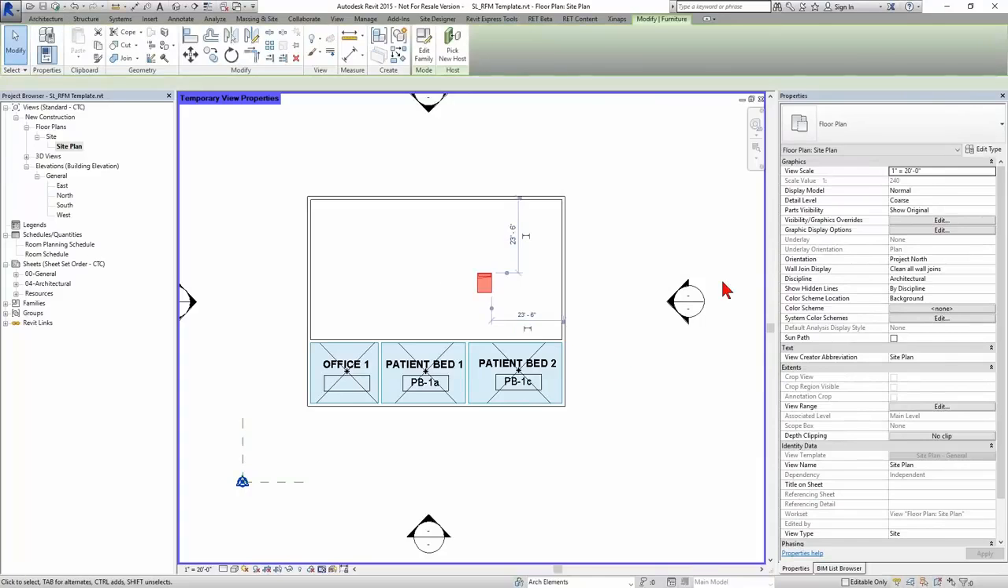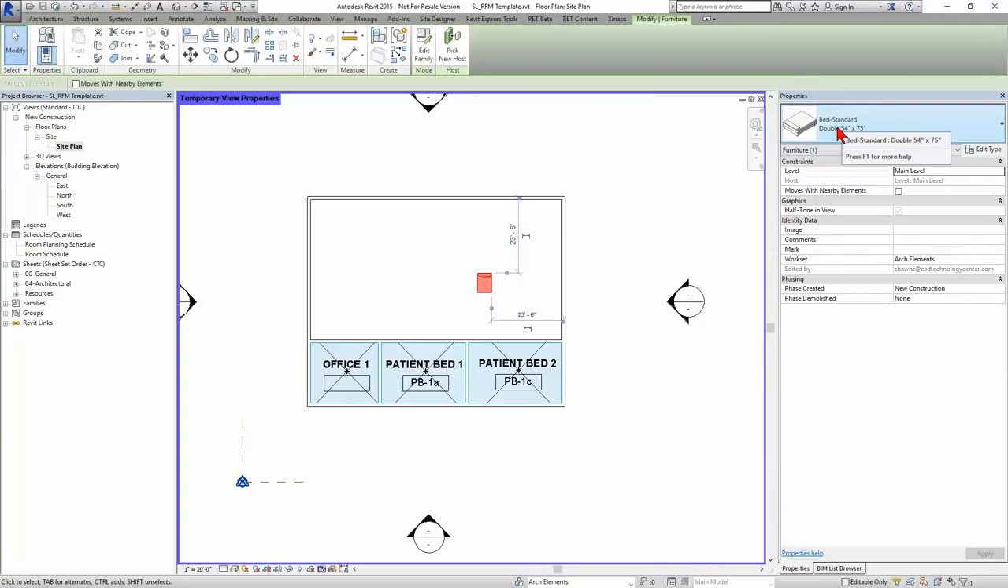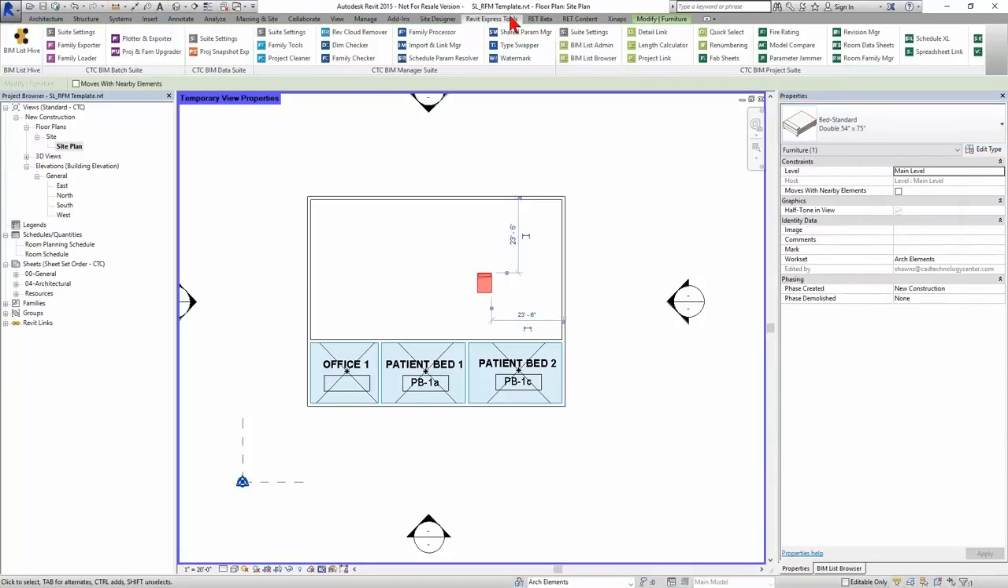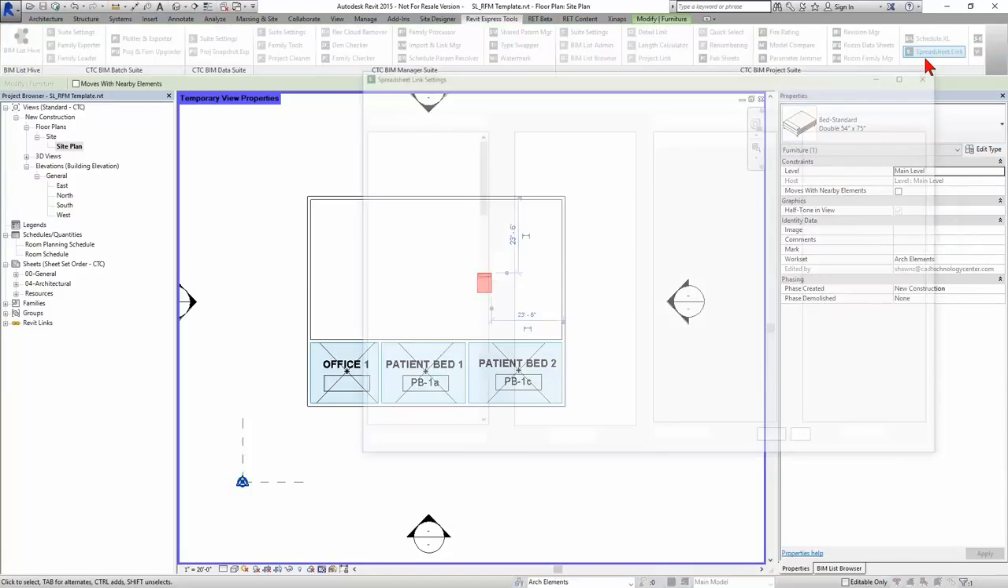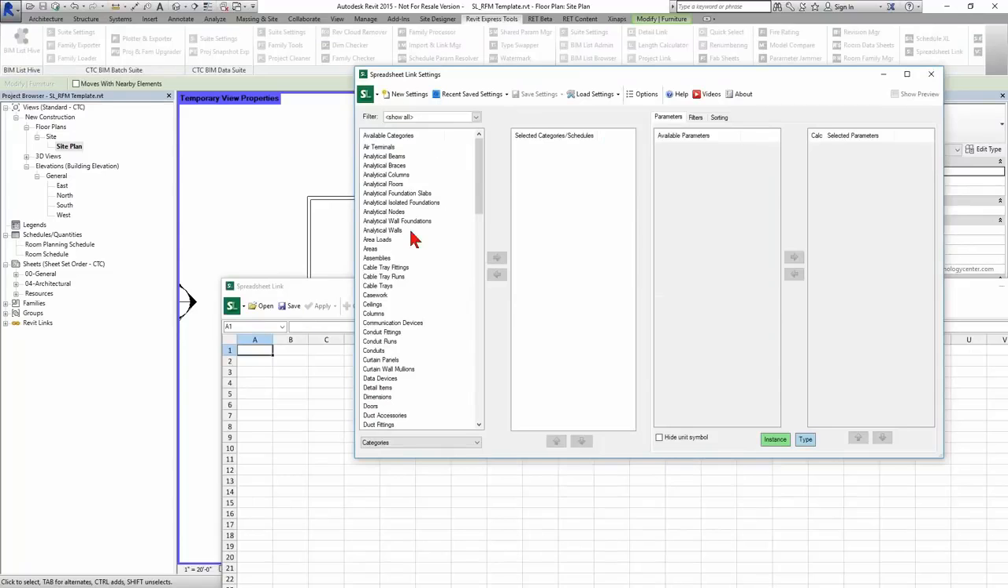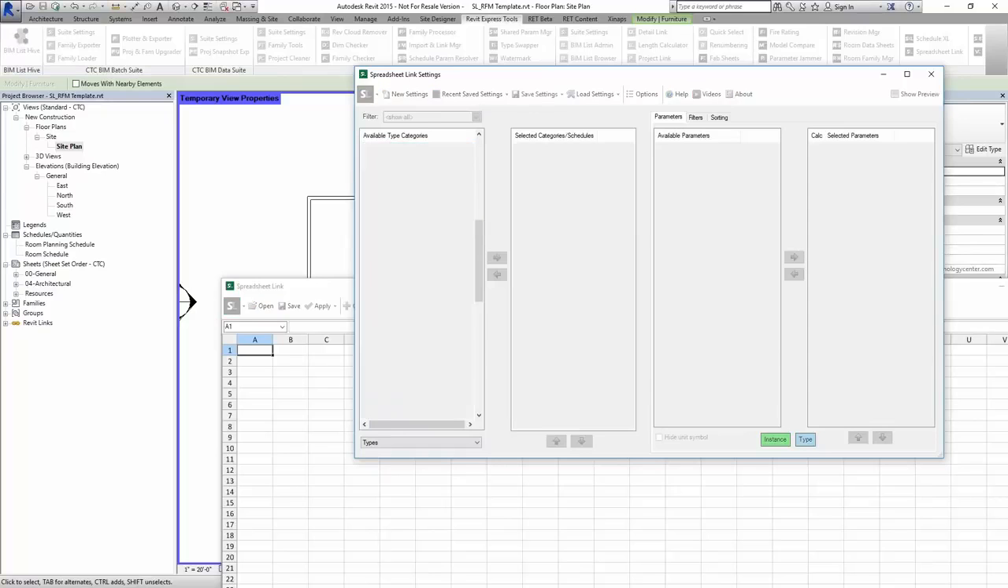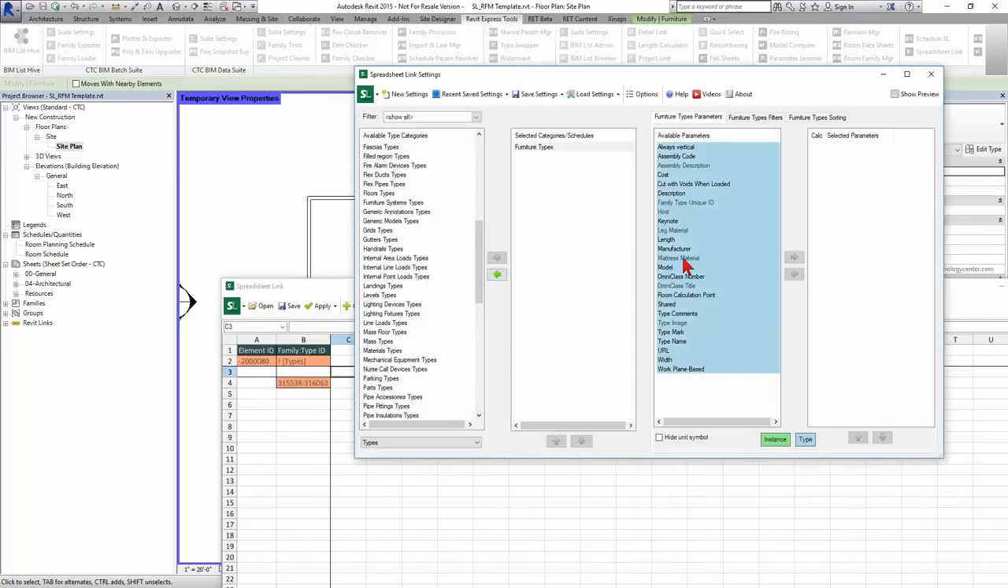All right, there's my patient bed. So this has a name, a family name, and a type name. And if I want to harvest this from my project, I can again use Spreadsheet link. And I can say, hey, I want to harvest types, specifically furniture types in this case, or specialty equipment, or whatever the category is you're working with. And maybe I want to grab the family and type name. And that's really what I'm looking for here. So furniture types,